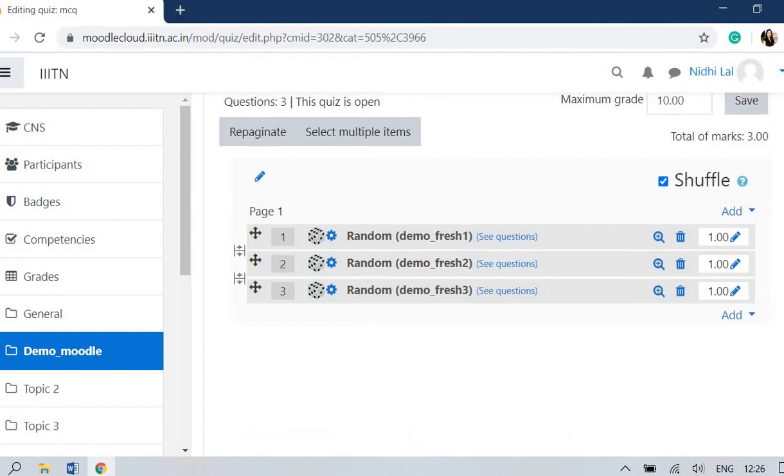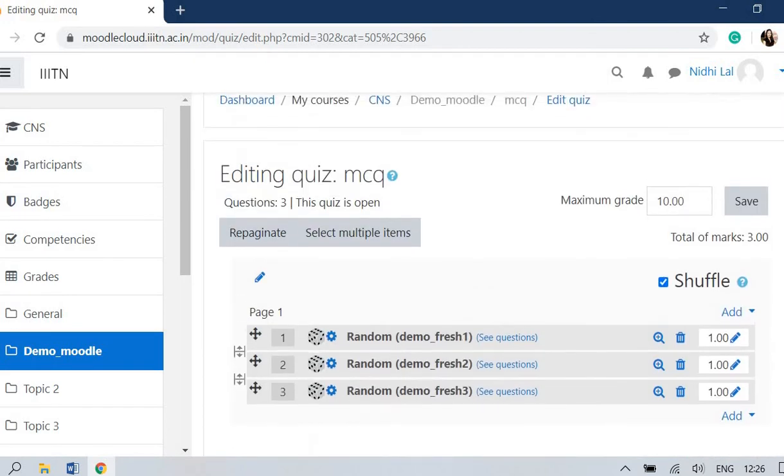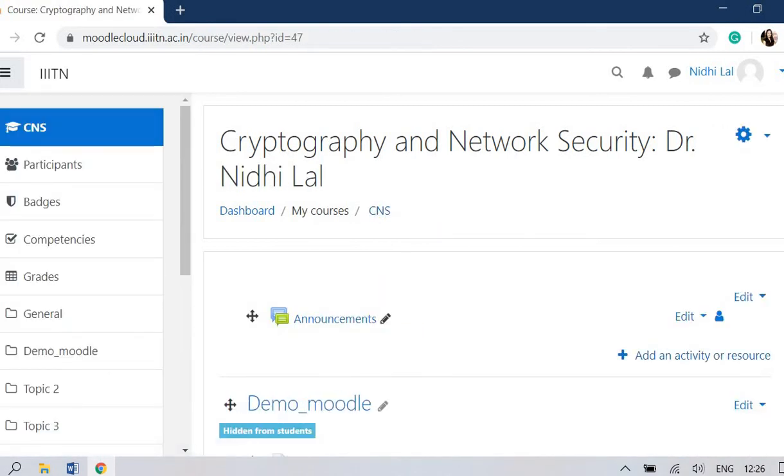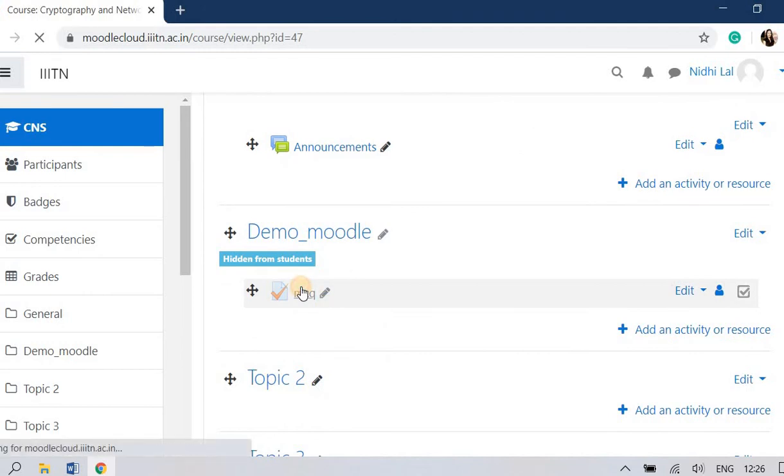Now all of the questions are created from different categories. If you want, you can update it according to your requirement, otherwise I am not going into much more detail. So my Demo Moodle CS quiz is completed.